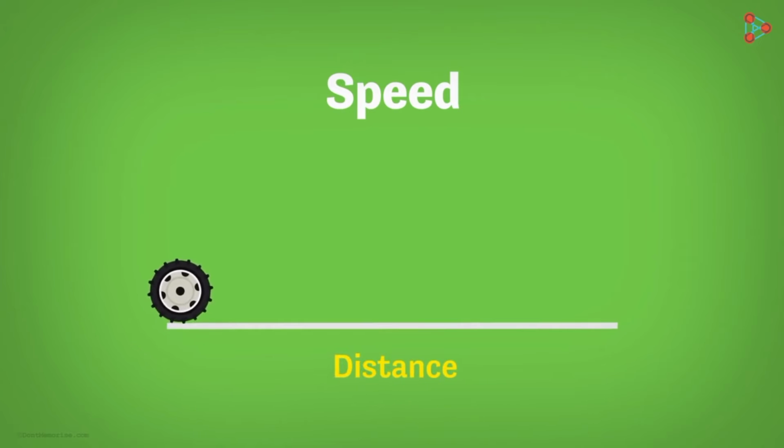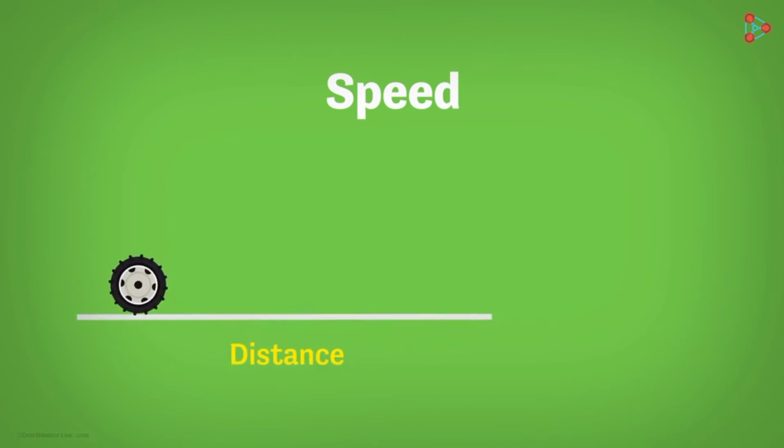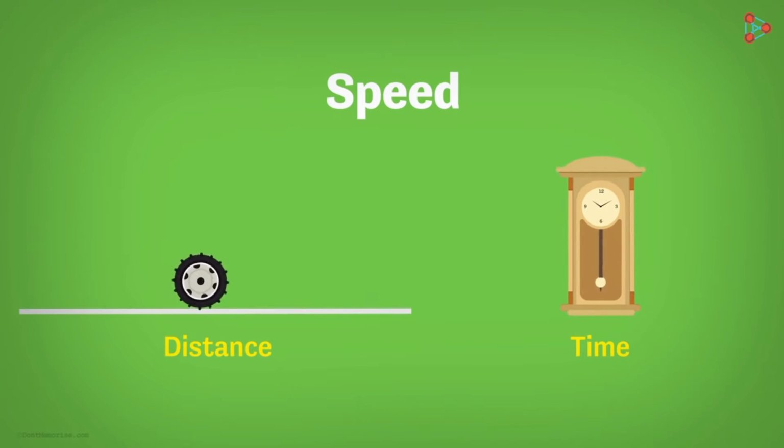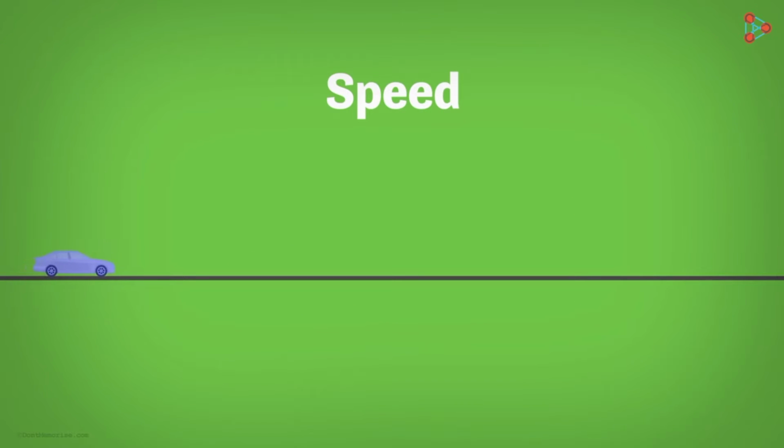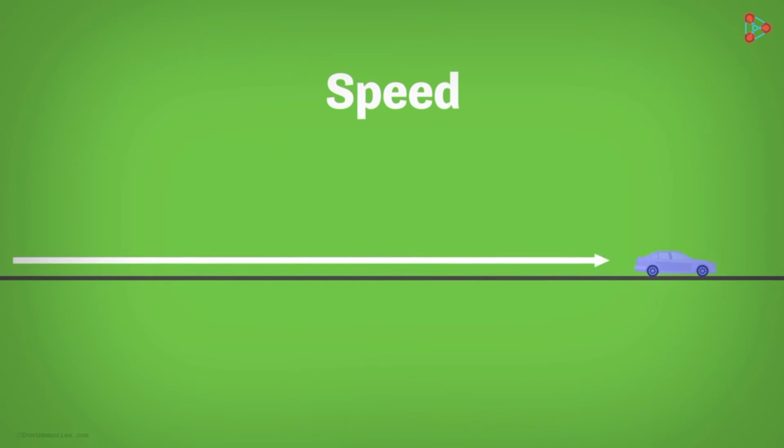How do we define speed? In order to know the speed of an object, there are two things to be known. First one, the distance traveled by an object in motion, and second one, the time it takes to complete that distance. Consider a car moving on a straight road. Can you tell me the motion it is undergoing? Moving in a straight line is a rectilinear motion.